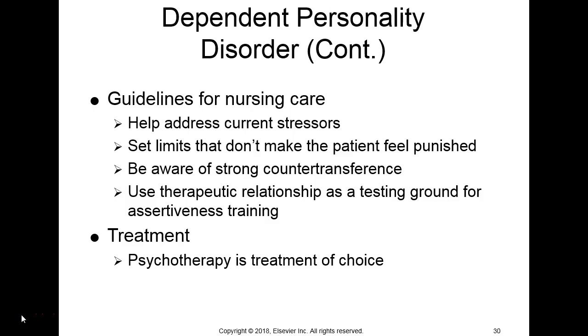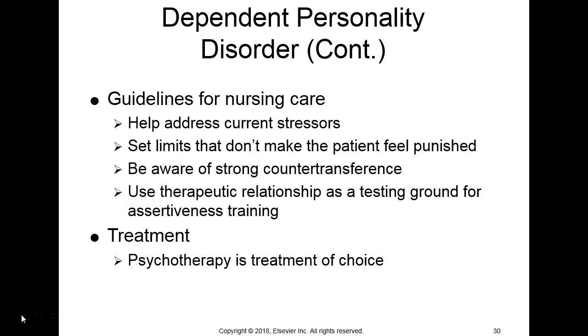We want to be aware of strong countertransference. So in other words, our feelings: the transference is what the patient feels, the countertransference is what the staff might feel. So we might feel really negatively toward this person if we have somebody in our lives that we feel is maybe too dependent and needy and things like that. Some of those negative words that we use when people are dependent on us.